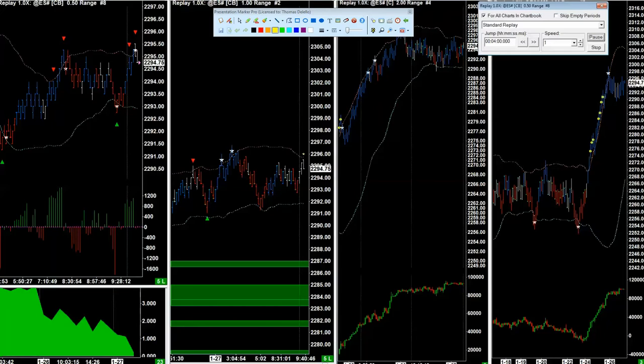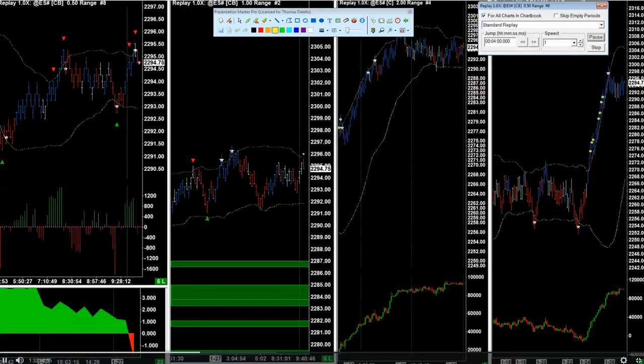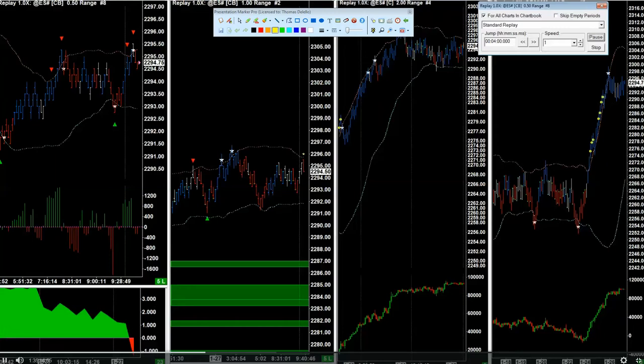Right? Let me show you exactly what I mean here, and I'm gonna play the replay. I want to show you how this plays out. I'm going to show you how it plays out both on the micro time frame, the 2R range all the way to the left, and the 4R range chart, which is the second chart from the left as the zones start to create on that time frame as well. But let's take a look. So I started the replay here,